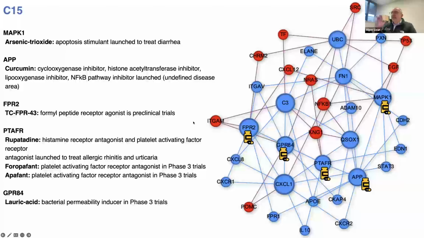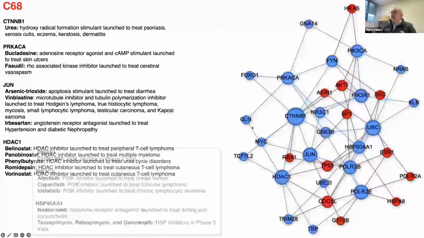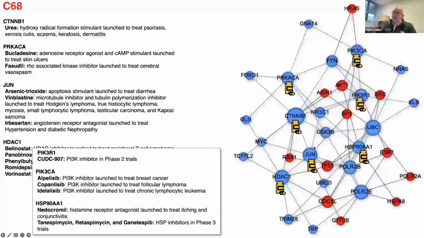So the idea is that now we know where those targets are. We can use these drugs for repurposing, at the same time or one by one, to collapse the system, and in a cell line we can see in vivo if those drugs can be useful for that purpose. The other network, C68, has other drug targets we can use. I'm not going to go through all these drug targets, but you can read them. There are specific drug targets developed for other purposes, but we can use those targets for our own purpose. That's why we say drug repurposing.